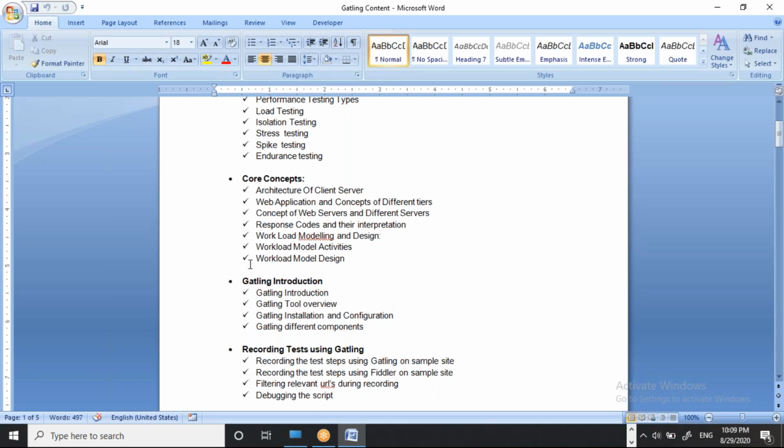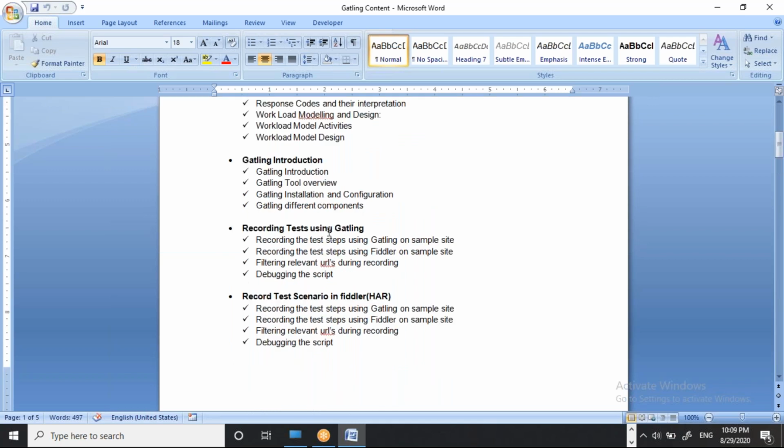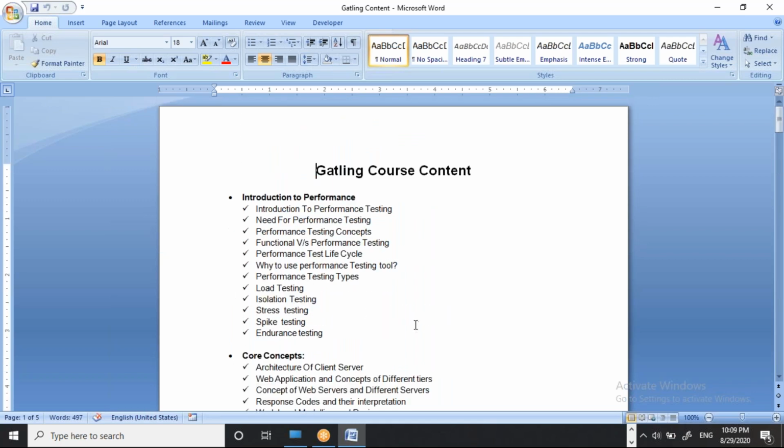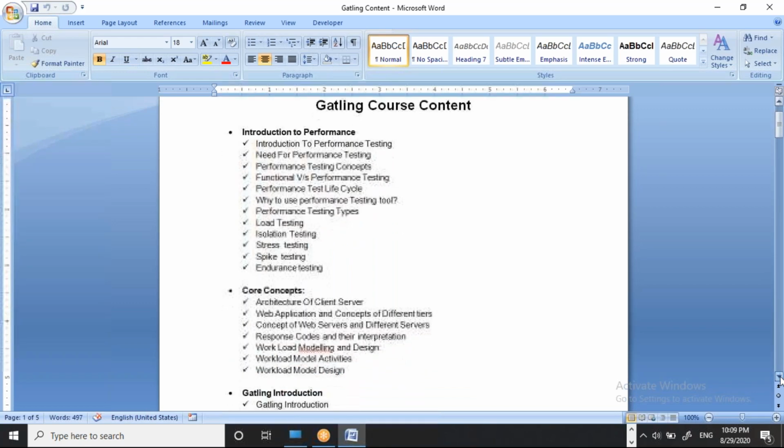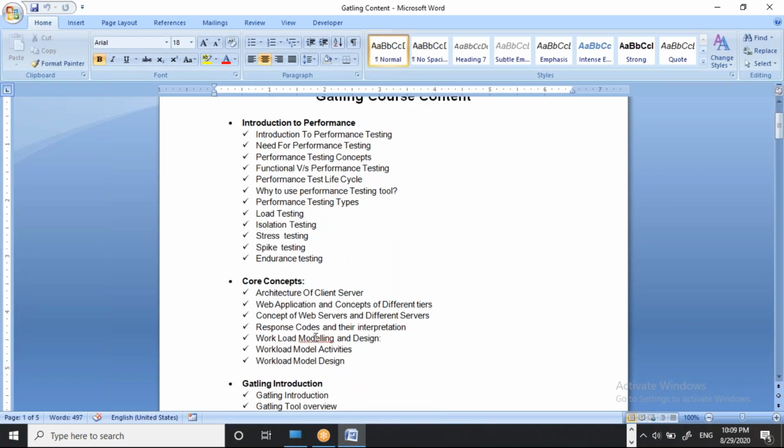Then we will also go through workload model design, which is the starting point of your performance testing. In workload model design, we will define your strategy: what we are going to do, what our plan is to hit a load on our application, the way you can do performance testing.